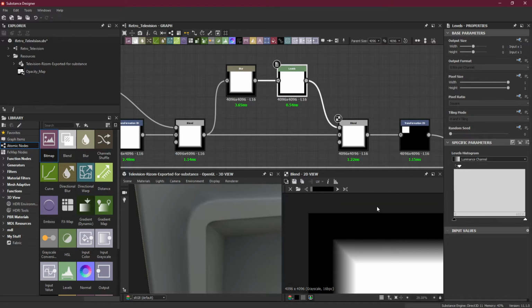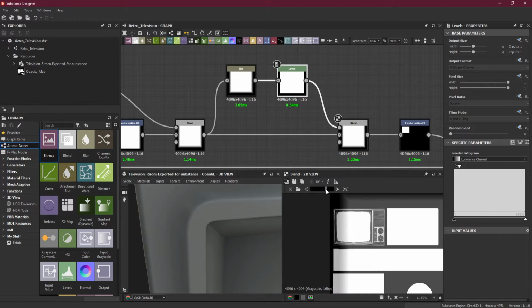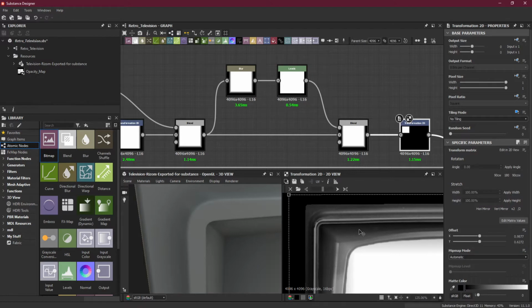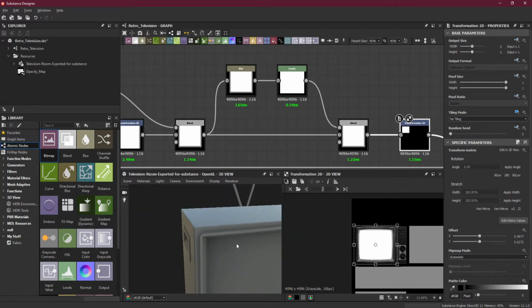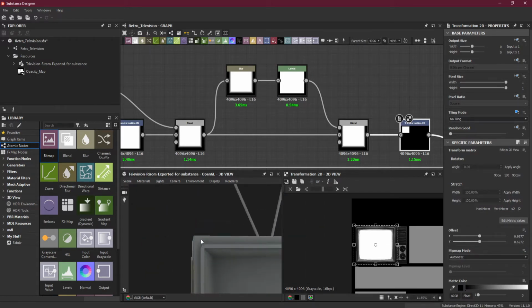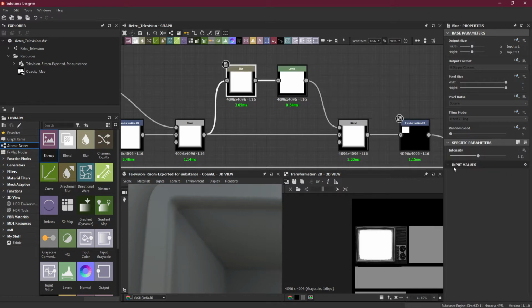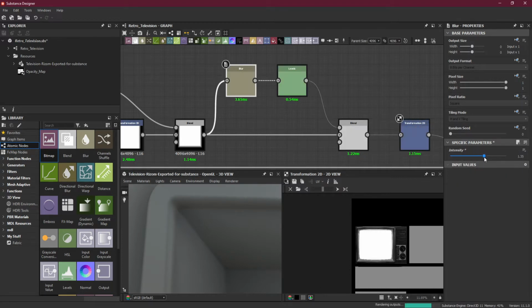Let's check how it actually looks like. It kind of looks like this. So almost there, it's almost like that. So you can see that there is a kind of weird seam going around, so we have to fix that. Usually if I have used blur HQ,